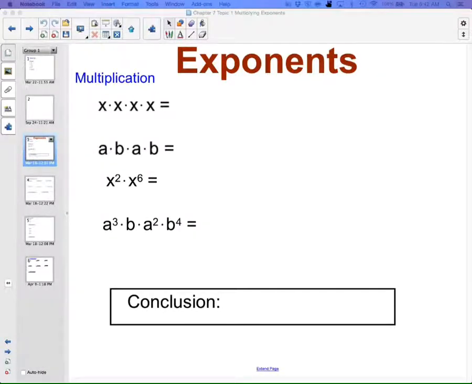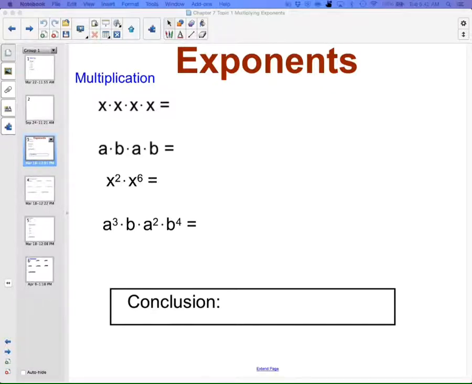Alright, so in chapter 7, which is our next chapter, we're going to be dealing with all the properties of exponents and how to use them, how to work with them, and all of that. So, in the first section, we're dealing with multiplication or multiplying exponents. So, looking at these examples here, we have the first one being x times x times